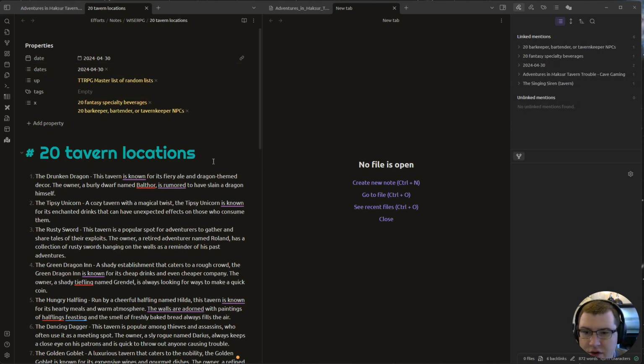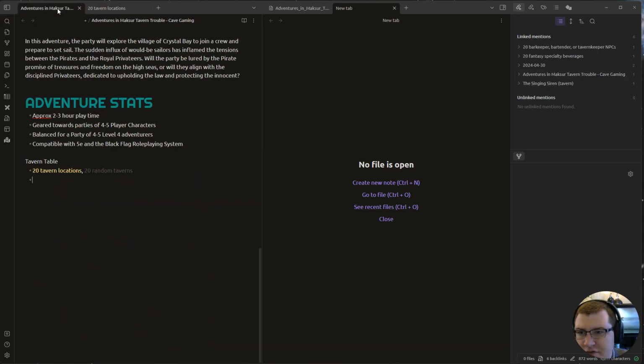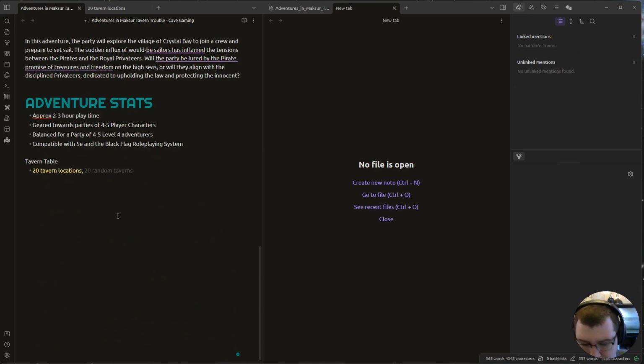So if I'm ever looking for tavern locations and I see, oh, I have this other campaign adventure linked here that talks about tavern stuff. But we could also throw in other things, like this has to do with pirates. And you could just do something even as simple as keywords and say pirates,